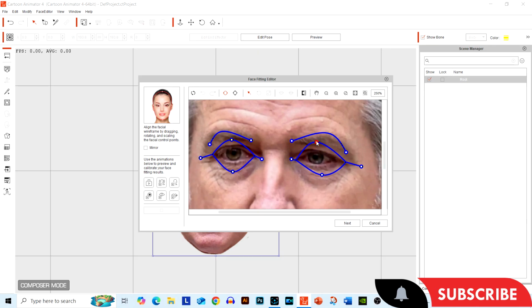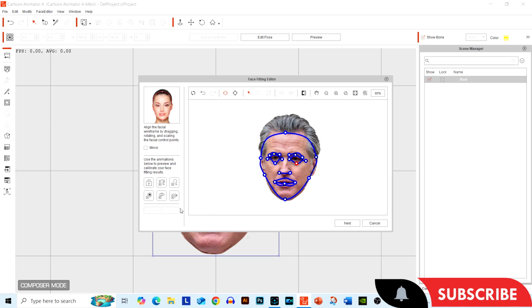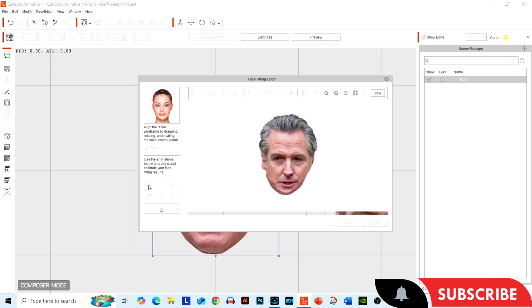I'm just going to move that up a little bit and repeat the process on the other side, and also bring this one down and this one down as well. Anyway, let's have another look at that. Scroll it out again and see if it looks any better. Up, down, left, right. Okay, that looks a lot better than what it did.